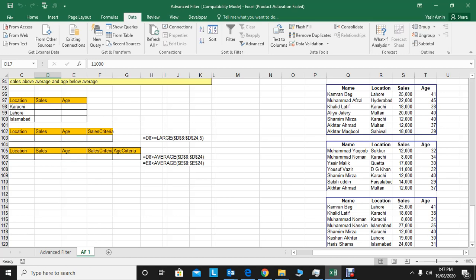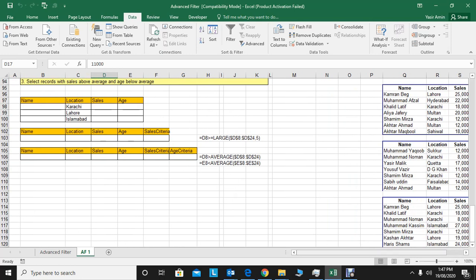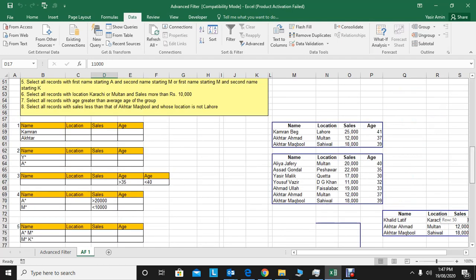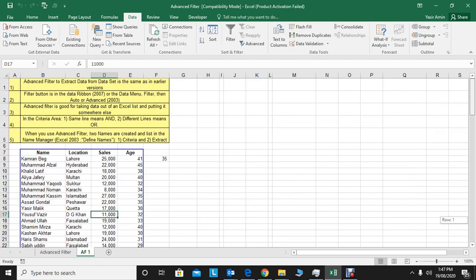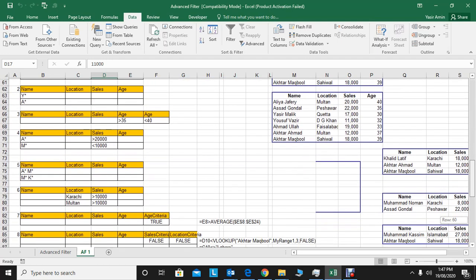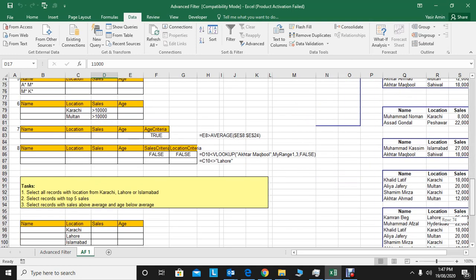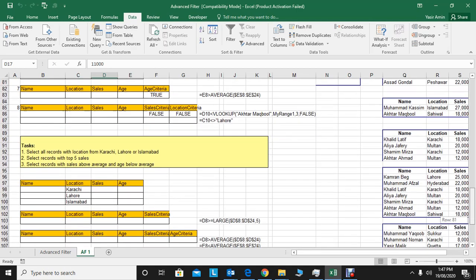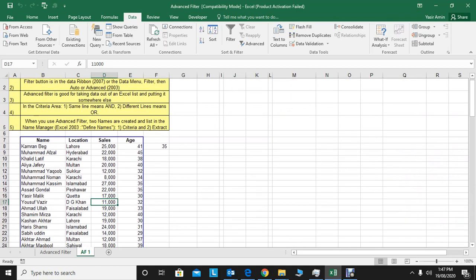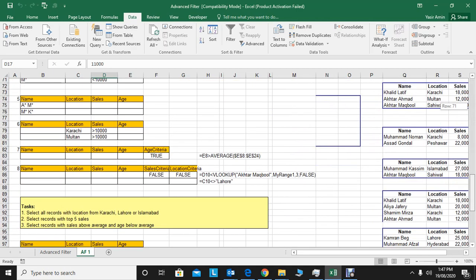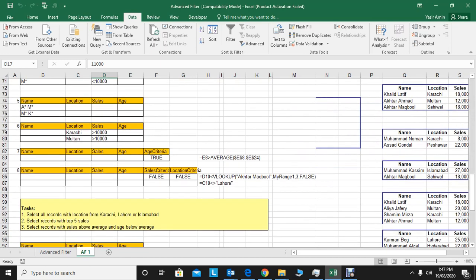See, Karachi, Lahore, Islamabad, all recordings are here. Now again, there is another criteria for the sales, because the D column is for the sales, right? Our task is to select records with the top 5 sales. So the criteria is already written here.